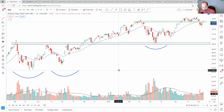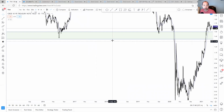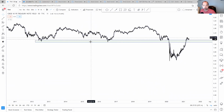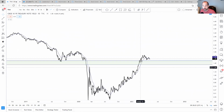So let's keep going. Also, real fast, what to watch here is the 10-year yield. I think this is a big spot right here. As you can see, it hit this area many times. We busted through it. It looks like it's coming back to retest or has retested that area. And now potentially, if we see a big move up in a quick manner like this,